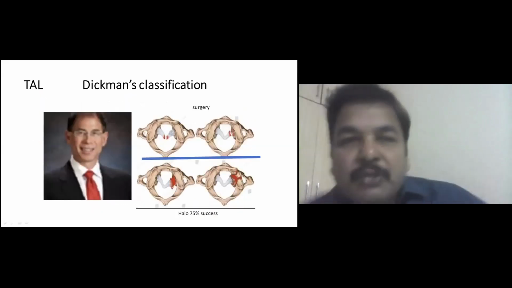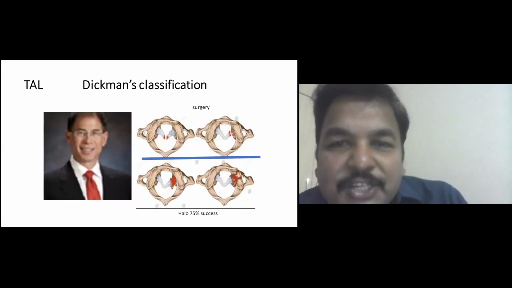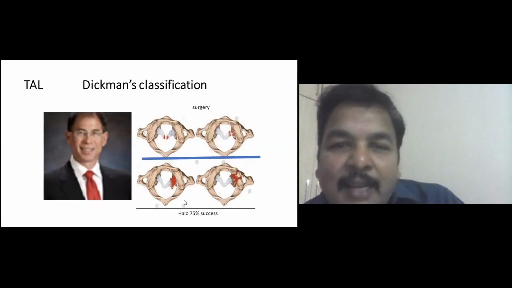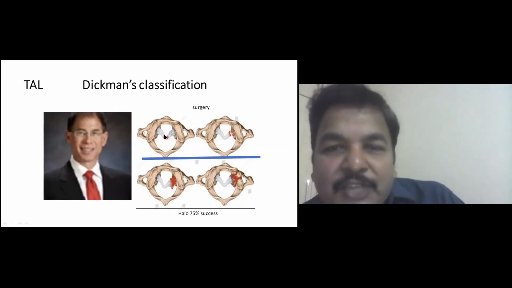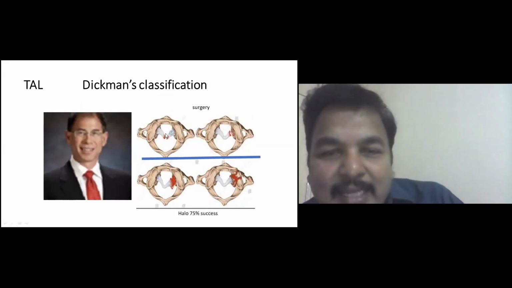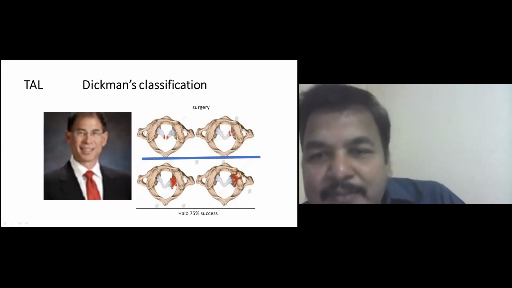So coming to transverse atlantal ligament, the classification by Curtis Dickman from Barrow Neurological Institute has classified these fractures. The transverse atlantal ligament injuries are type 1 or type 2. Type 1 injury is where the transverse atlantal ligament has been cut either at the center or at the periphery. In both these circumstances, when there is a complete loss of integrity of the transverse atlantal ligament, surgery is the only